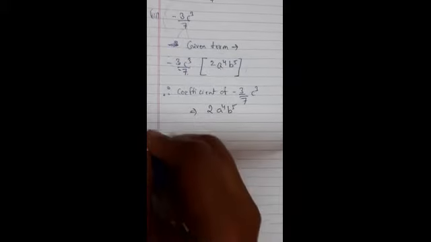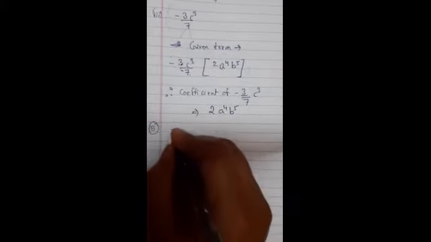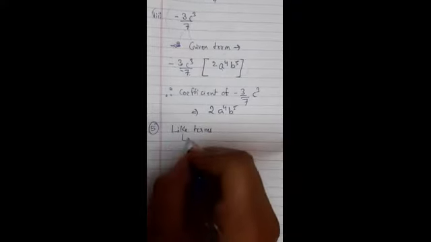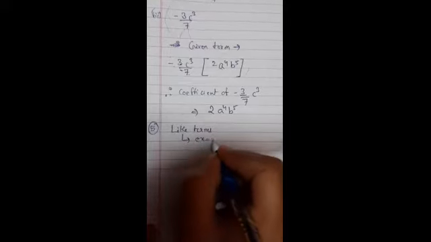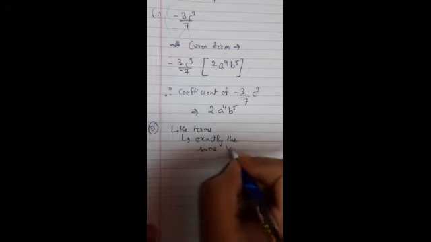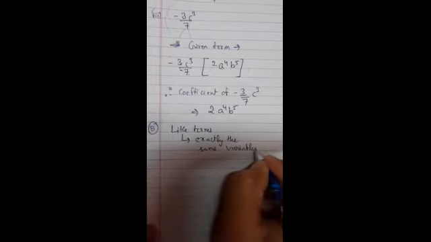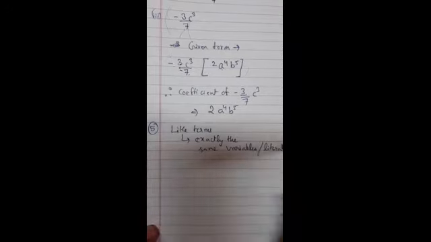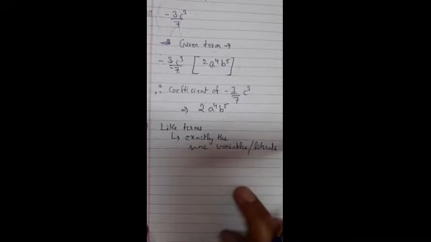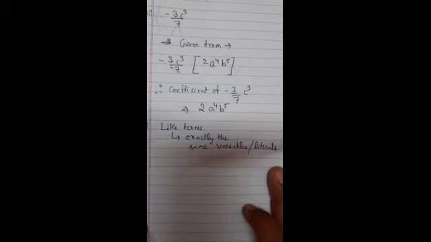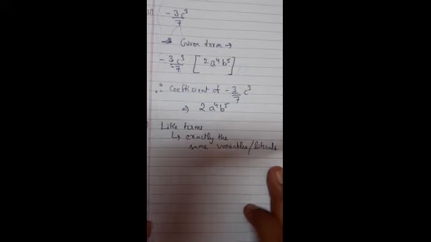The next question, that is question number 5, is about the like terms. Now what are like terms? The like terms are the terms which have exactly the same variables. Variables means the literals. And what does that mean? Literals means the letters of alphabet. That means the variable should be exactly the same. Even the power should be same. So we need to identify the like terms in the given terms or the expression.